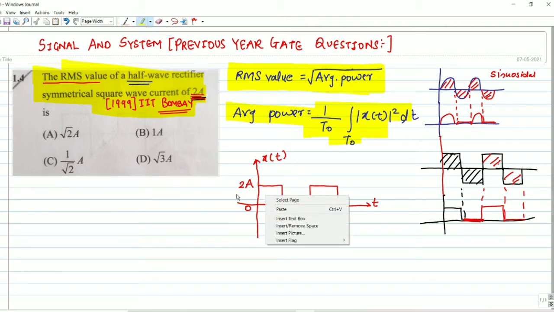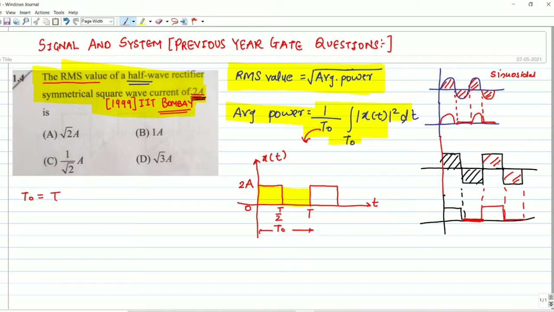From here to here, it will be one cycle. After this it will repeat. So for the average power formula, we have to consider one cycle. The fundamental of one cycle will be the fundamental time period, where T naught is known as the fundamental time period. I am talking about this T naught. In this case, this is the fundamental time period. T naught is nothing but capital T. Understood all of you? This is clear to all.